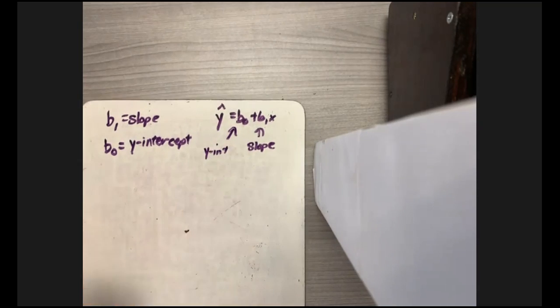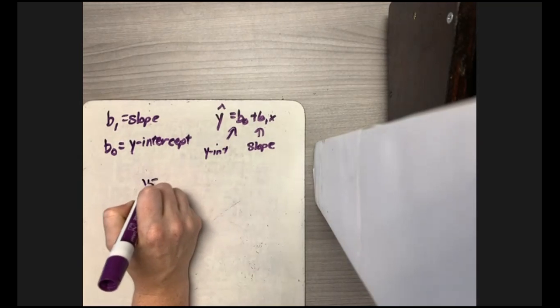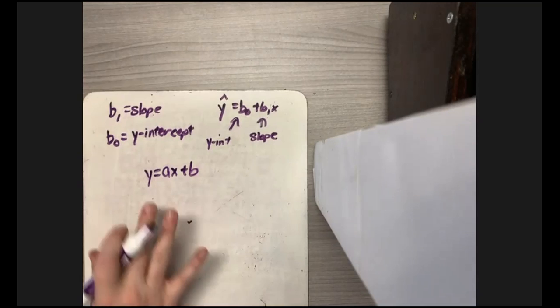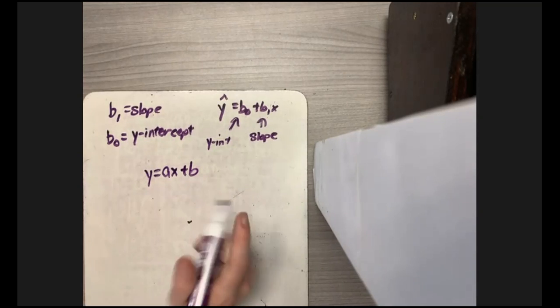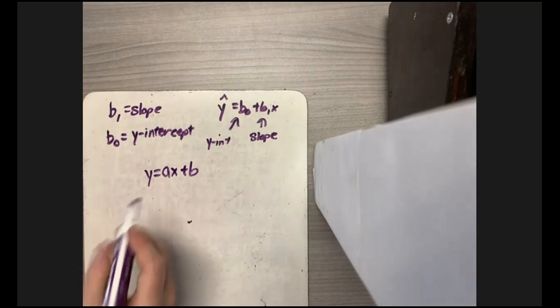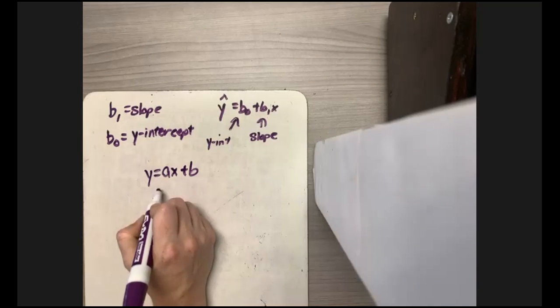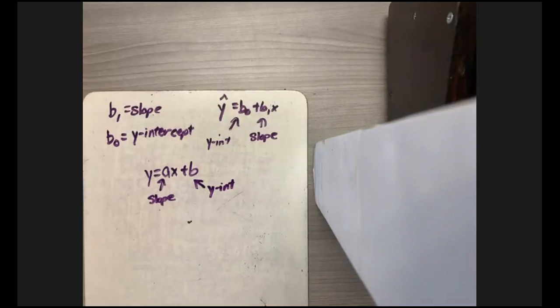Now, when we work with a calculator, the format that we're going to see come up is this AX plus B, okay? A is the slope from X, and B is my y-intercept. And so we've got to watch and make sure that we're putting the slope in front of the X value and the y-intercept